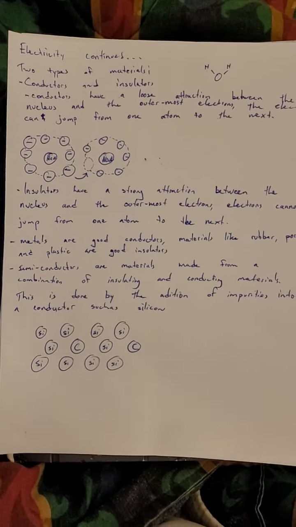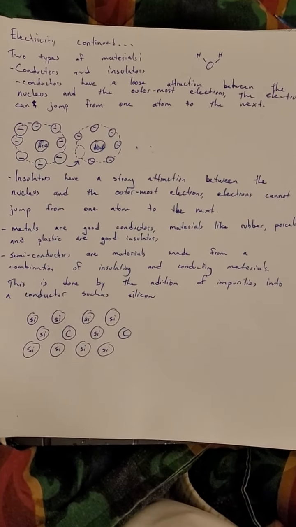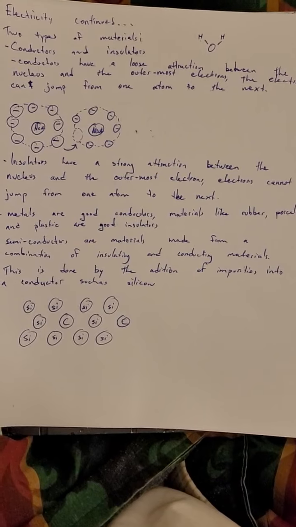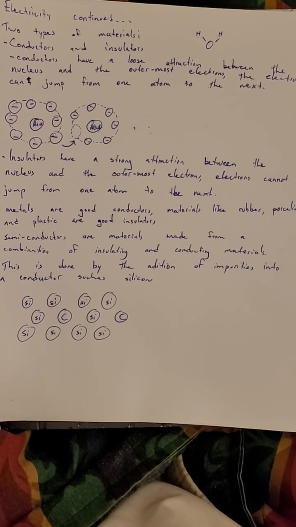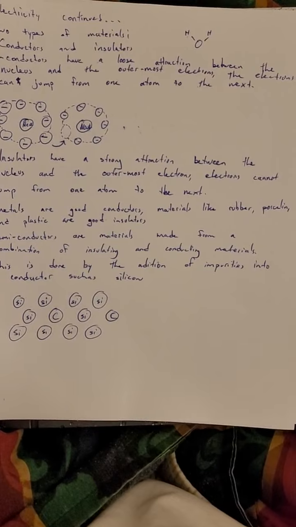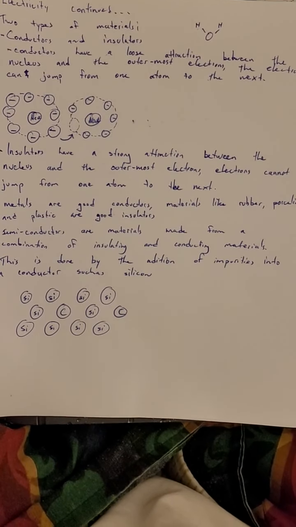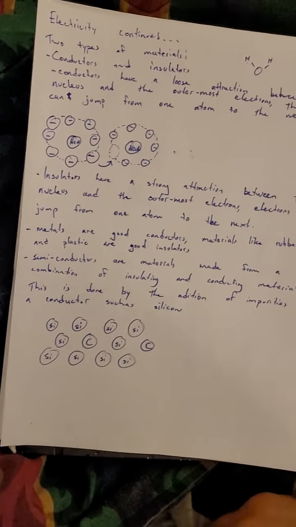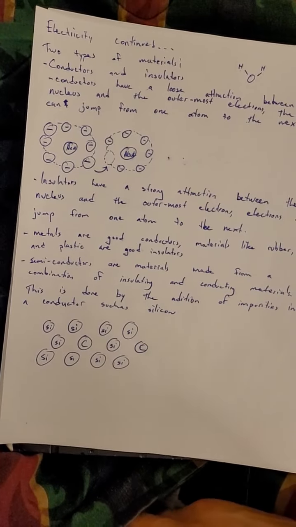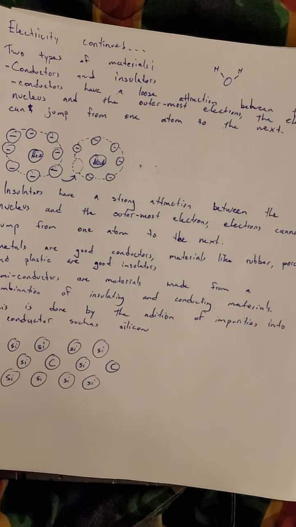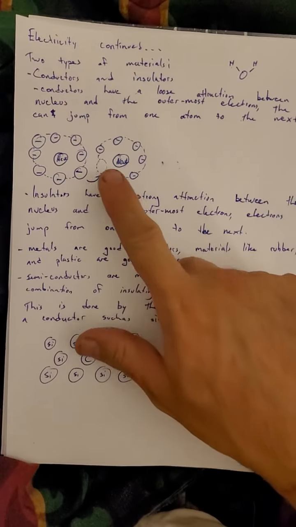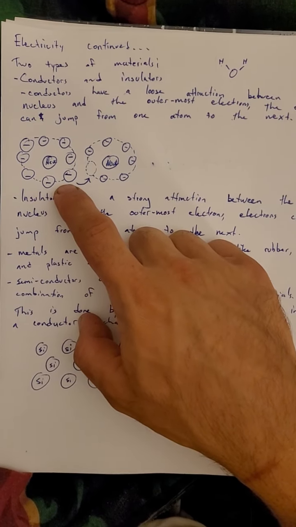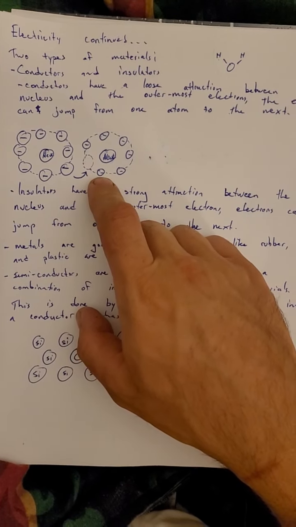Now, like we were saying, we have two types of materials. We have conductors and insulators. So conductors are atoms, molecules, materials that have a loose attraction between the nucleus and the outermost electrons of that atom. And they can jump from one atom to the next. So like in this diagram, the electrons orbiting this nucleus can jump into the next